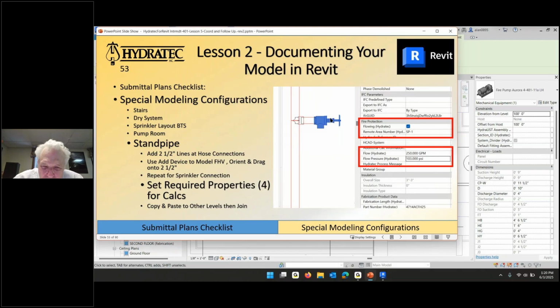But then each valve, when you go to calculate it, wants to know whether it's part of the standpipe calc or not. And there are four variables that need to be filled in for that. For sprinklers, it's flowing and remote area, and then it's density, pressure, and coverage area. And for hose valves, it's flowing and remote area, and then the flow, 250, and the pressure typically is specified